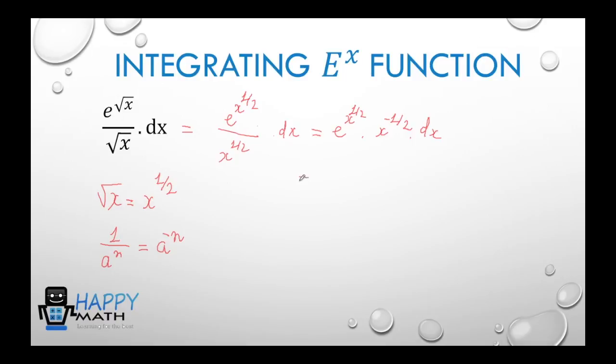Yes, this is the main function, and the power number of the e power x function here is x to the power 1 over 2. So how can I change from x to x power 1 over 2? Look at this. I will move this function from the outside of the derivative to the inside of the derivative first,